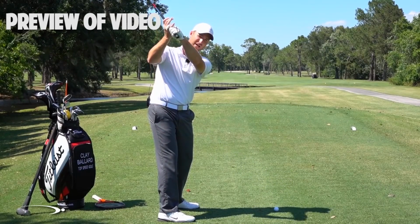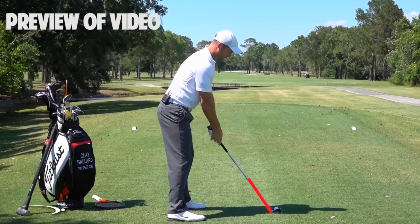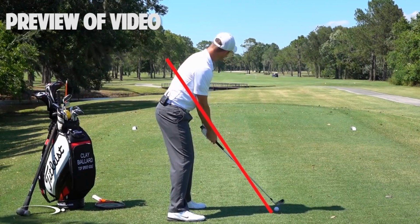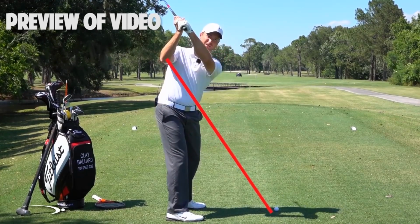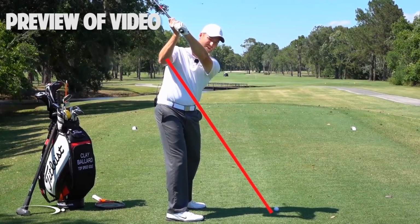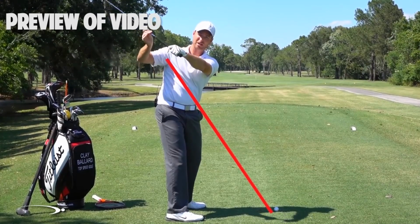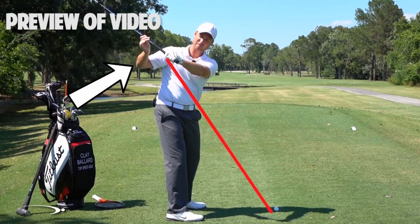So as we start this downswing, what we want to have happening here, you can imagine that if I draw a line from the hosel of my club up through my right elbow, that's my swing plane line, my elbow plane. As I go to the top of the swing, I'm going to be slightly above that. And then as I start down, I want my hands to start to shallow out. I want the club to shallow out inside of this elbow plane. And at the same time, I'm going to be